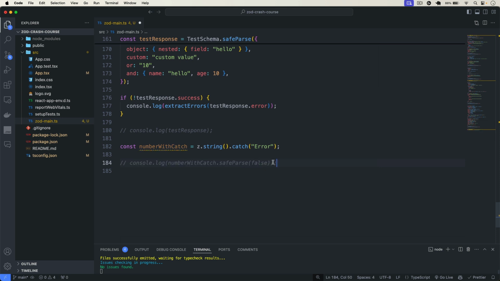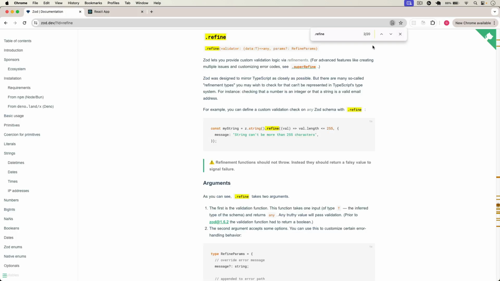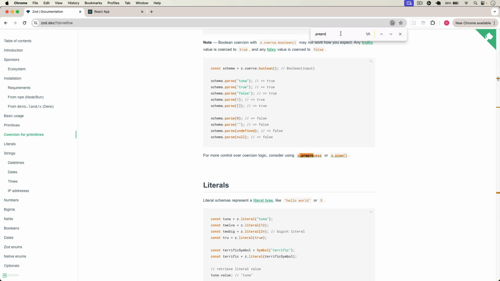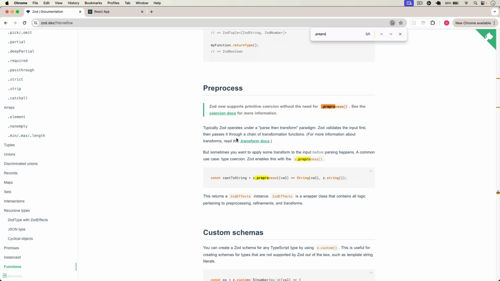Alright, so now moving on, next let's discuss our last function, that is preprocess. For example, if I type here, let's say const ageSchema is going to be, and before that let me go back here and search z.preprocess. You can see that Zod typically operates under parse then transform. But in preprocess, we can simply transform our input first, and then